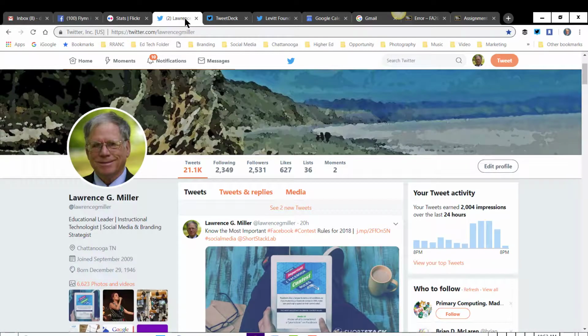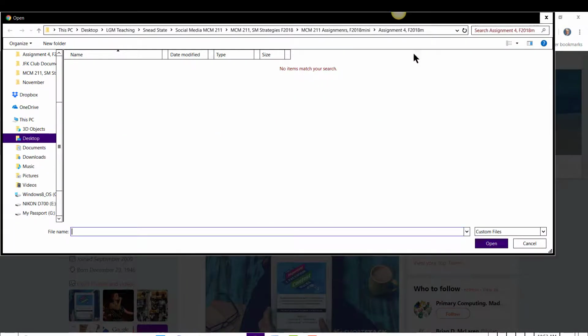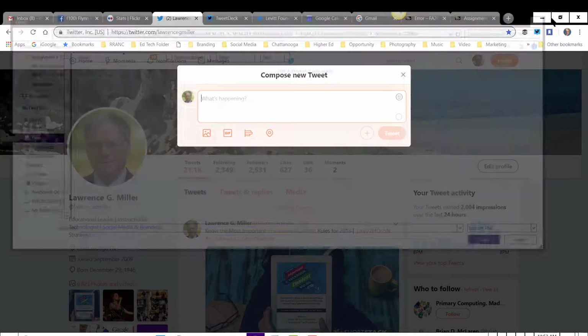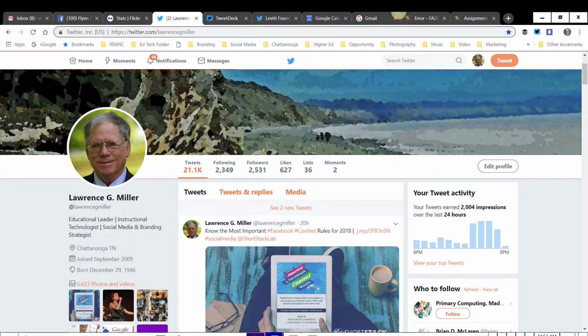You can also, within Twitter, add a video up here to your direct Twitter post. So that's what you're going to do: you're going to create the video. You're also going to put it on